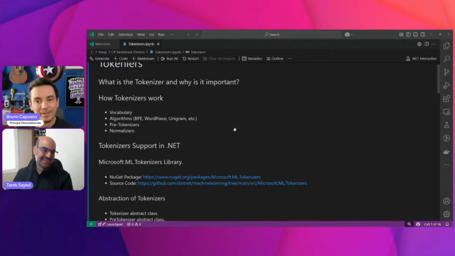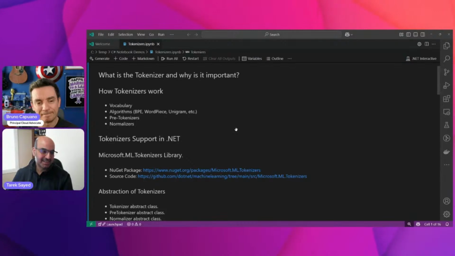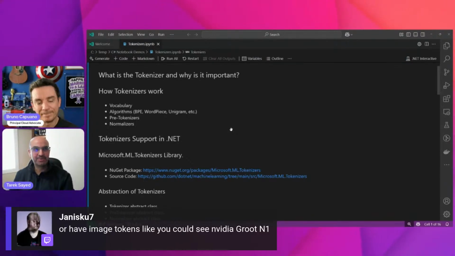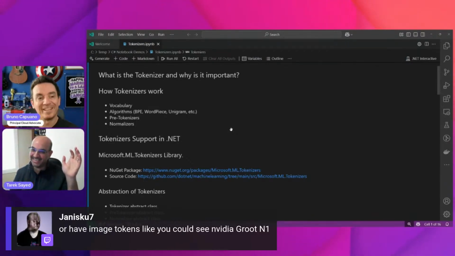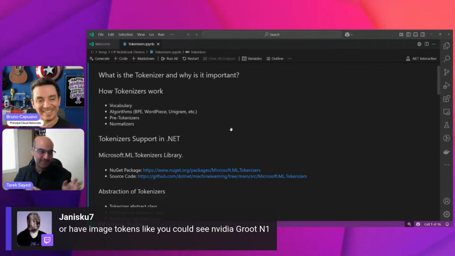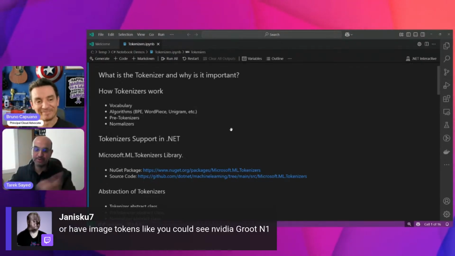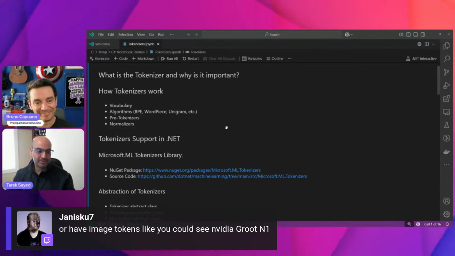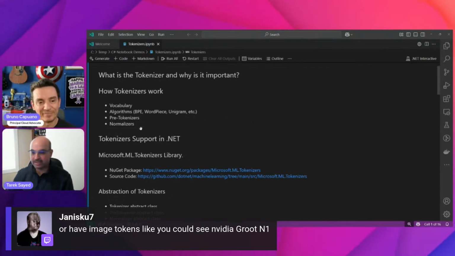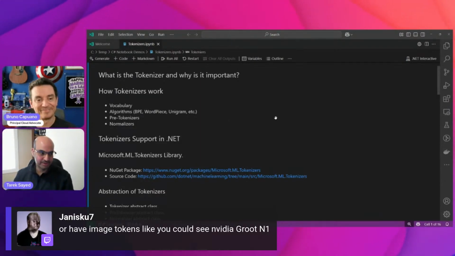This is cool. Normalization is actually a good way to minimize the vocabulary size. If you don't do any normalization, you have to have a very huge vocabulary to support it. I wanted to make sure that people understand what pre-tokenizers and normalizers are, as they are part of the tokenization process.